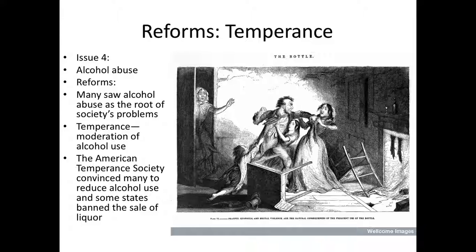And if the man was drinking to where they couldn't stay employed, or they were coming home and spending all their money on alcohol, or they were coming home and abusing their wives or their daughters while drunk, you can see why women will be big leaders in this temperance movement. They can't vote, but they can influence people that do vote.